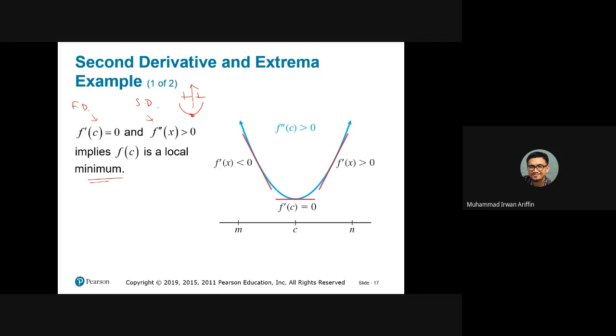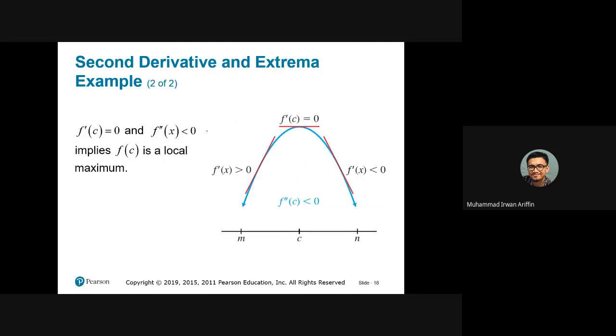As you can see here, this is what we have discussed before. Concave upward means previously the slope, or the first derivative, is negative, and then it changes to positive. So we have a partition point here. The critical number here is the one that changed the slope from negative to positive. And the opposite is true. If the slope at the critical number is 0 and at the same time the second derivative is negative,